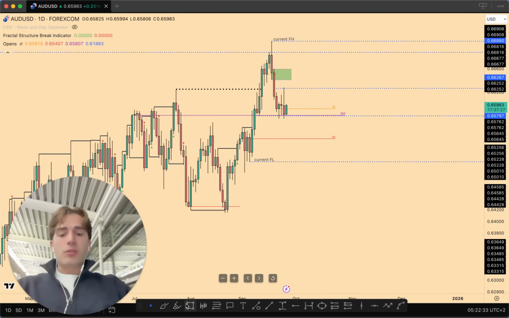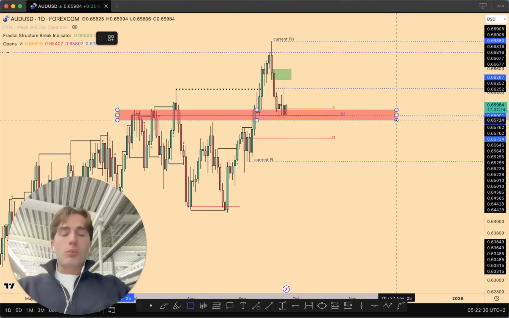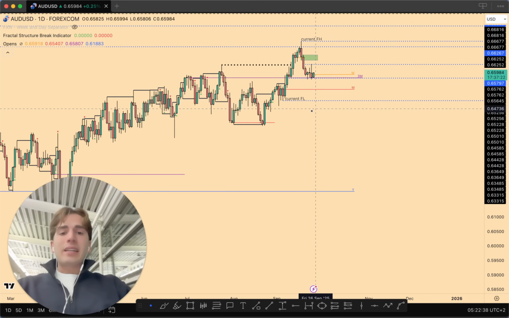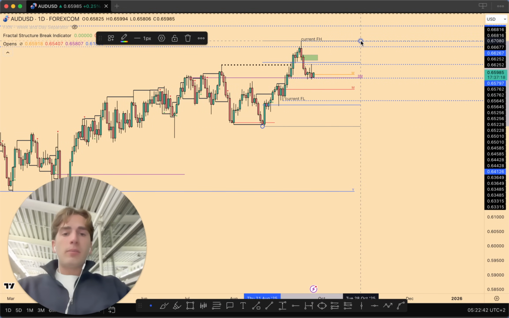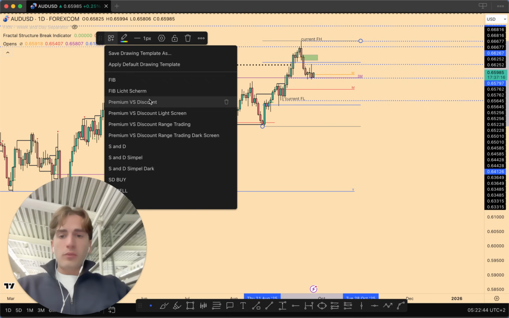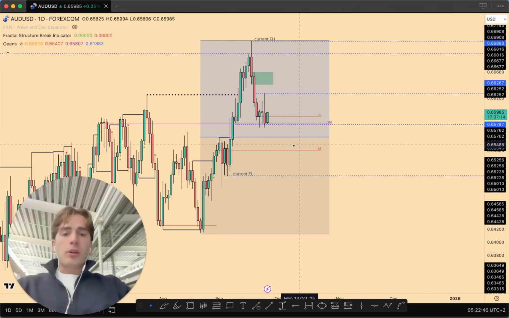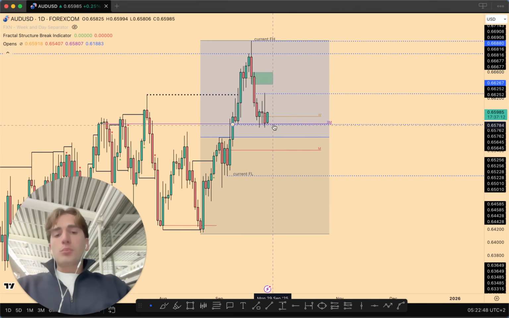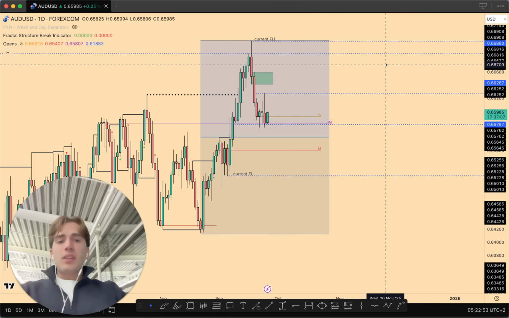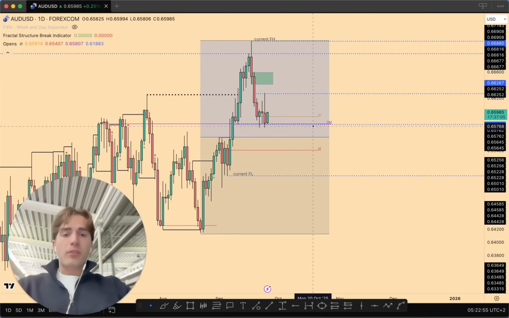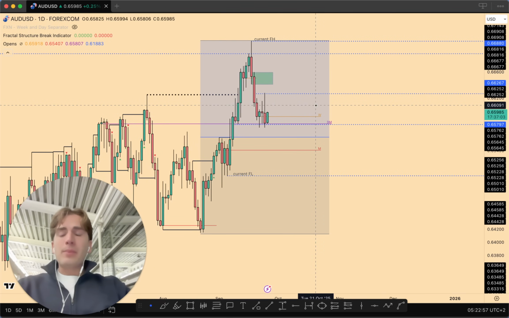Also, if you look at it just from a logical perspective, key level of support and resistance doesn't make sense either. Overall market structure is bullish. You've nearly retraced into the 0.5 fib. I'm now using the range trading tool, but if we use premium versus discount, you can see we've pretty much retraced to the 0.5 fib. So I wouldn't be surprised if we just head up higher. The Australian dollar is also pretty bullish fundamentally. If you want to know why, make sure to check out Discord. But for the rest, yeah, I'll be keeping my hands off this